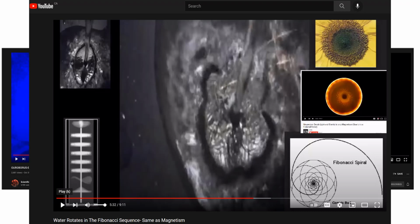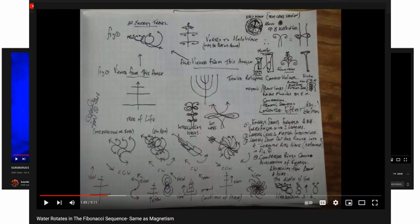Now to corroborate this, I have drawn literally all energy travel. And if you look at the top right hand there, you will see the Ouroboros halo wave with two leaders going in to form an Ouroboros ring. So I've done all the paperwork, I've shown all the evidence. Now let's see where we would find this shape